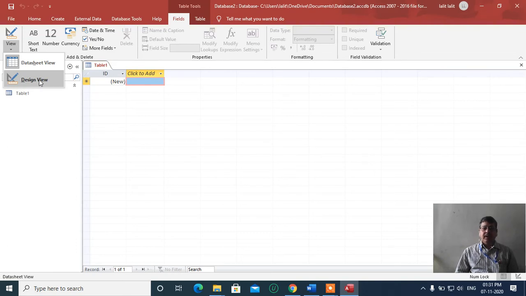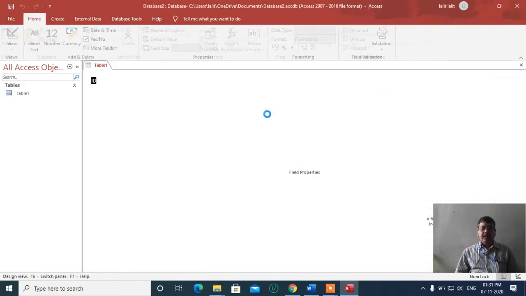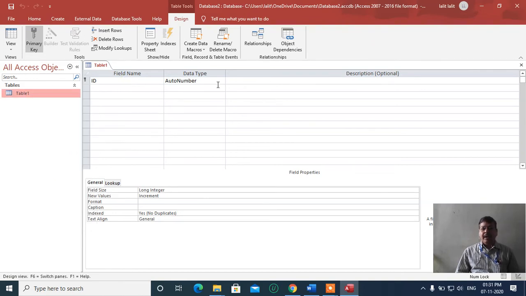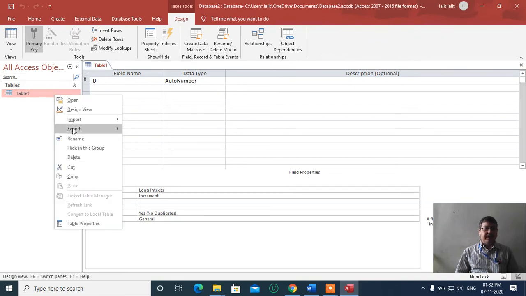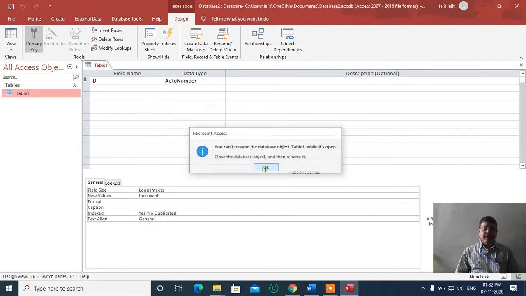The first time you create a new table, the default table name is Table 1. You can rename the table name also here. The default field name is ID, and the default data type of that field is AutoNumber. You can change the ID also. Suppose I want to rename it here.